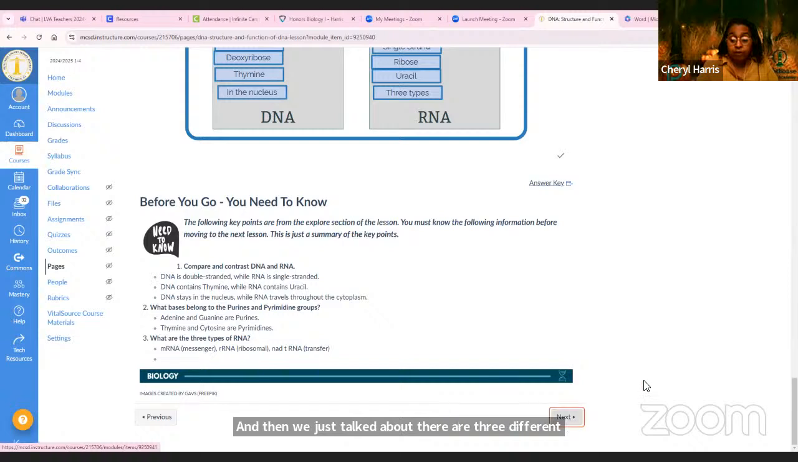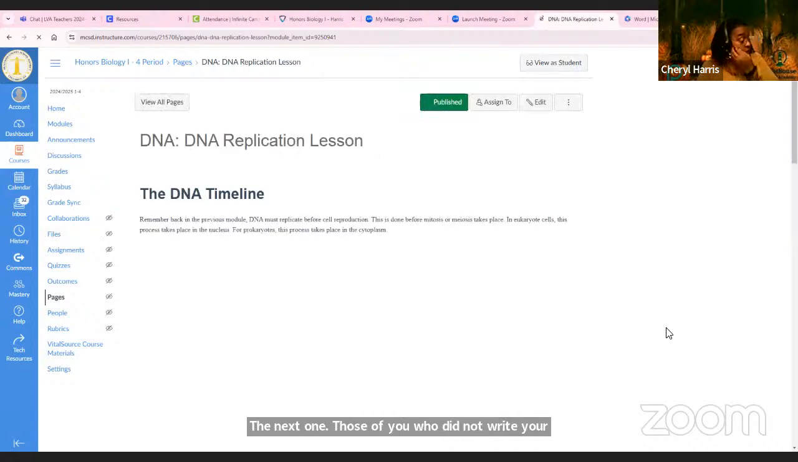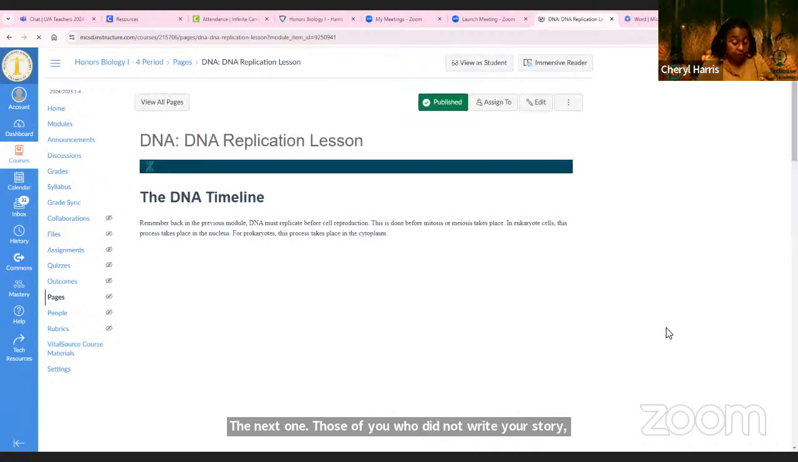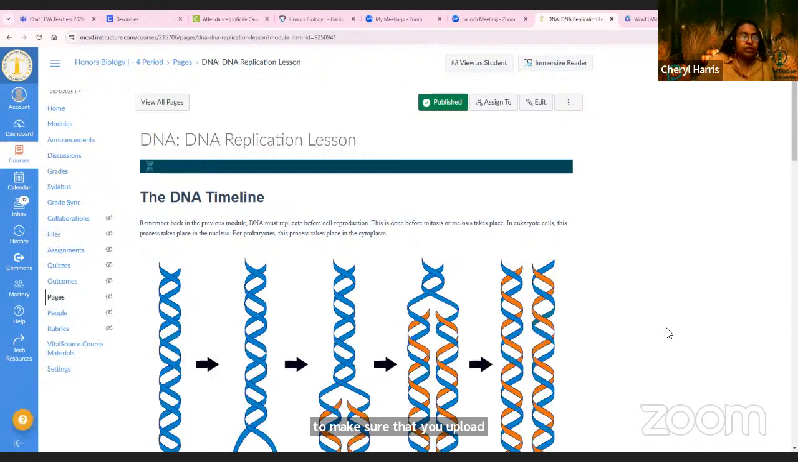Okay, those of you who are finished, please take a look at the next one. Those of you who did not write your story, use this last few minutes to make sure that you upload your story. All right, so again, tomorrow we are going to do a Gizmo lab, and you'll have to construct, and there's a quiz in it and some other activities. So I'm going to go ahead and upload, while you're doing this, I'm going to go ahead and upload that activity so we can,